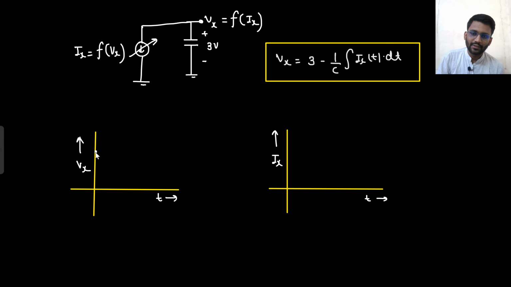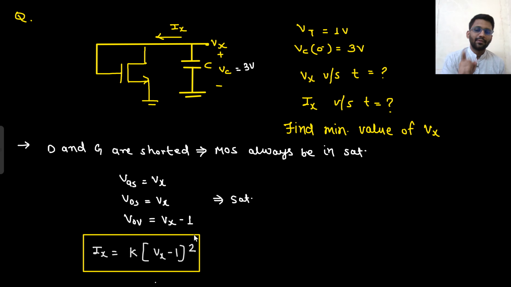Initially your Vx was 3 volt, then it is going down. Now the question is, till what voltage will it go down? Till 0 volt or some particular voltage? Tell me the answer. Till 1 volt only. Why so? Because when,